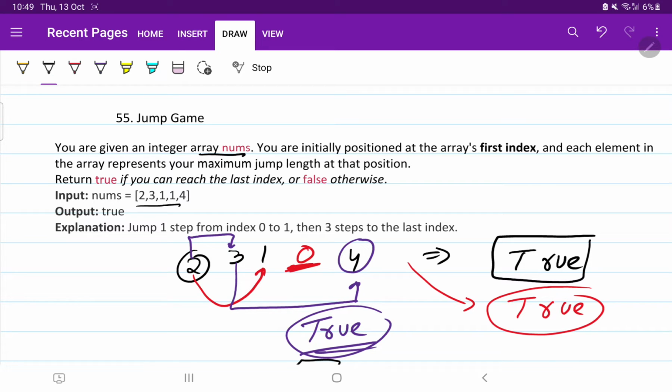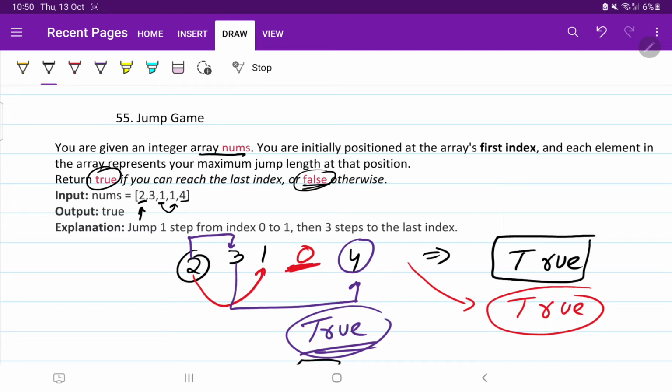An array of numbers will be given to us and we are at the first index, and our task is to check can we reach the last index. The condition is that the number in the array represents the maximum jump we can make. So 2 says that from this position we can make a maximum jump of height 2 so that we can reach this point. 1 says that from this point we can make a maximum jump of height 1, and this one says that we can make a maximum jump of height 1 and we can reach the last element. So we need to return true or false, can we reach the last element or not.